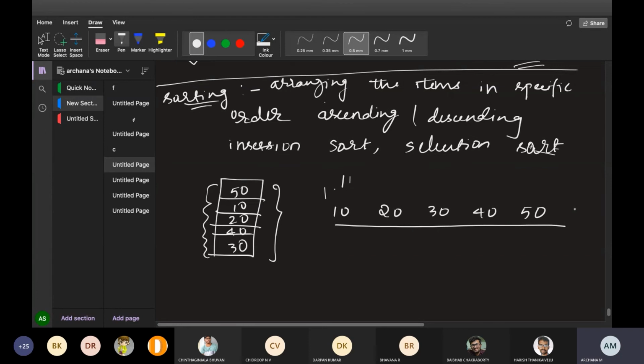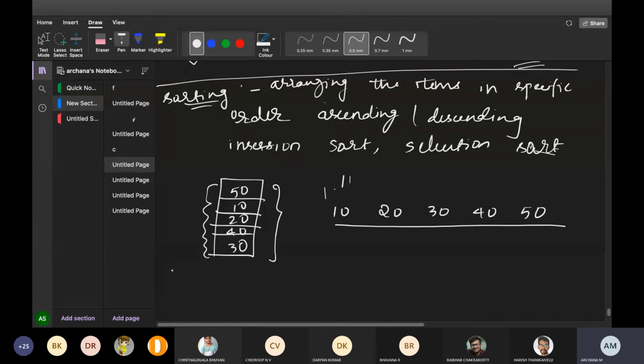And in real time, most of the time, whatever examples we are solving, we will use this. You can use this in arranging numbers, arranging strings, records of students and employees, either in ascending or descending order. In a library, you can use these sorting techniques to arrange student IDs and the books they have taken according to specific time and so on. We will be using them in real time.